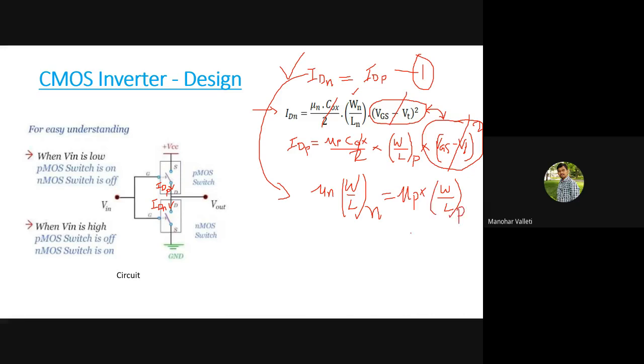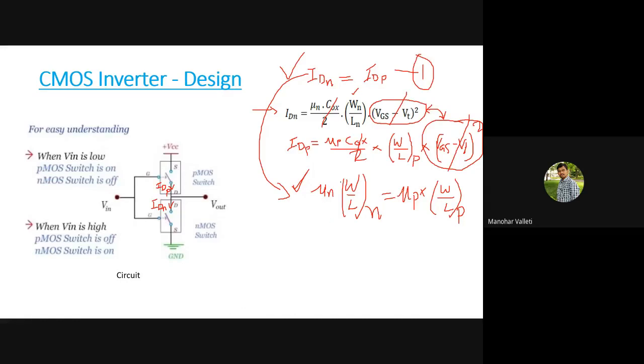Right? So you tell me, to make the drain currents in NMOS and PMOS equal, what modifications do I need to do in this equation? Will mu n and mu p be the same? No. For this equation to be satisfied, what do I need to do? W or L, we have to vary Wn and Wp. Yeah, the W by L ratio should be varied.